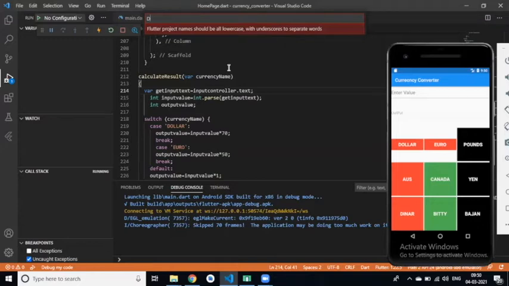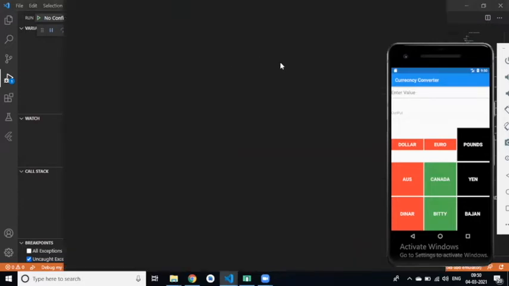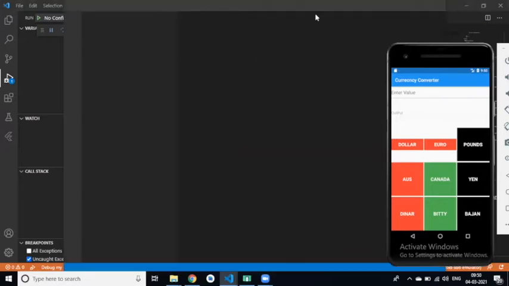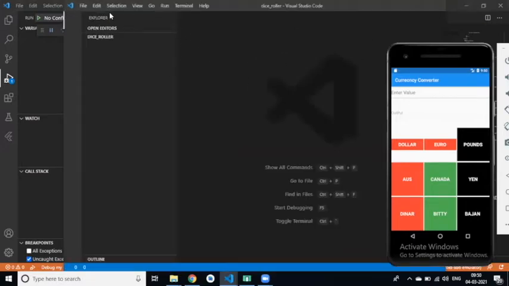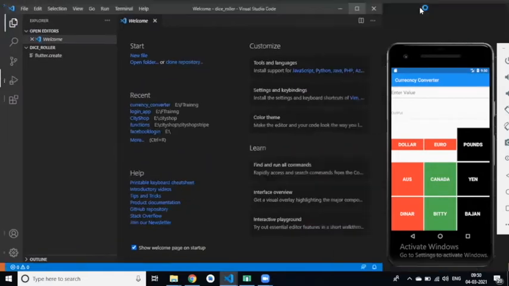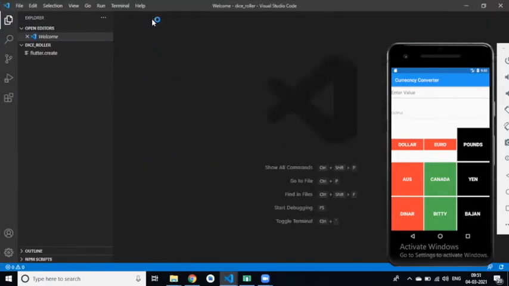The project name with the folder. Display dice roller, right? So what is our first step, Dibya? Importing packages.